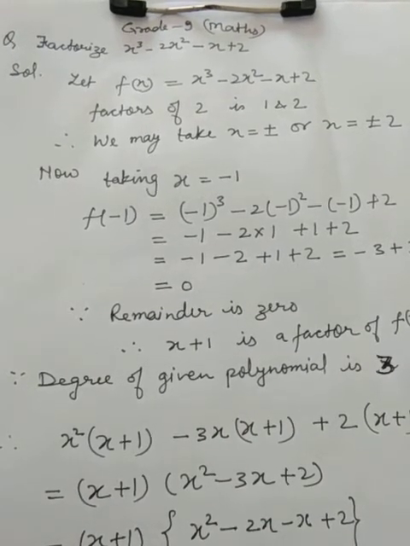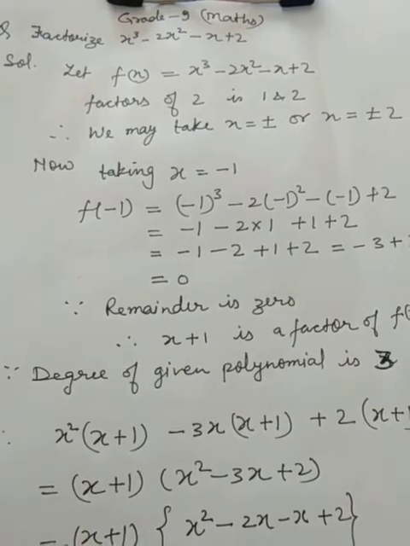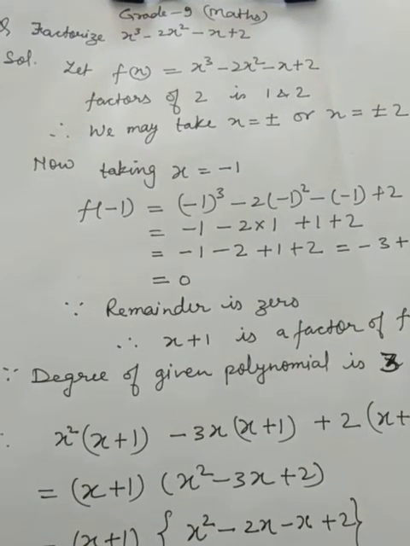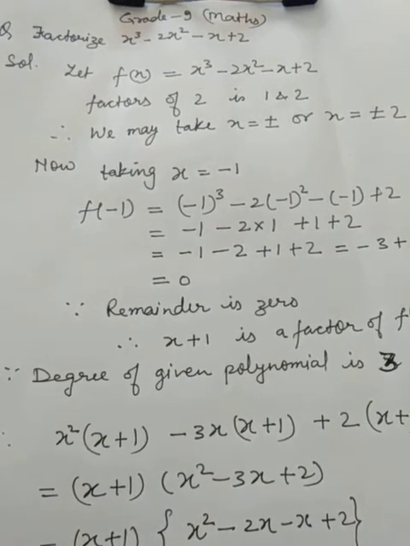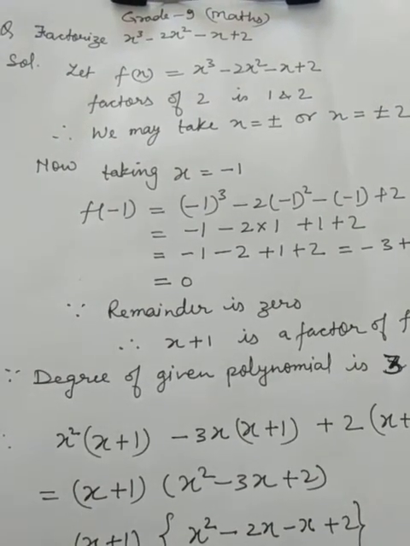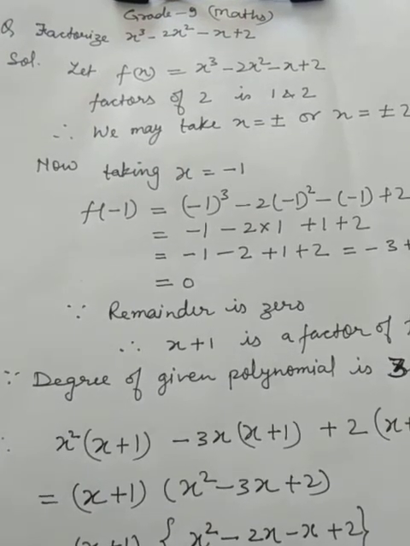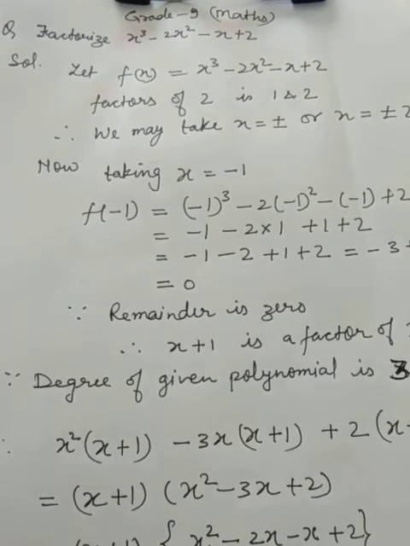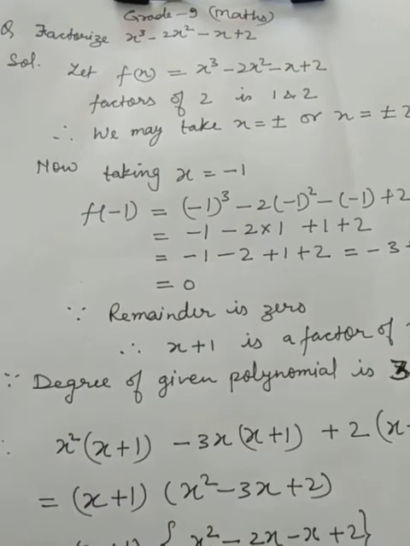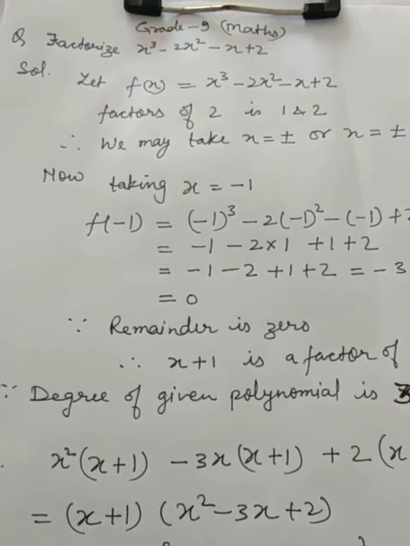How can you say 3 is a factor of 12? The answer is, you divide 12 by 3, and if the remainder is 0, then you can say yes, 3 is a factor of 12, and definitely 3 fours are 12, right. So, it is a kind of confirmation test.